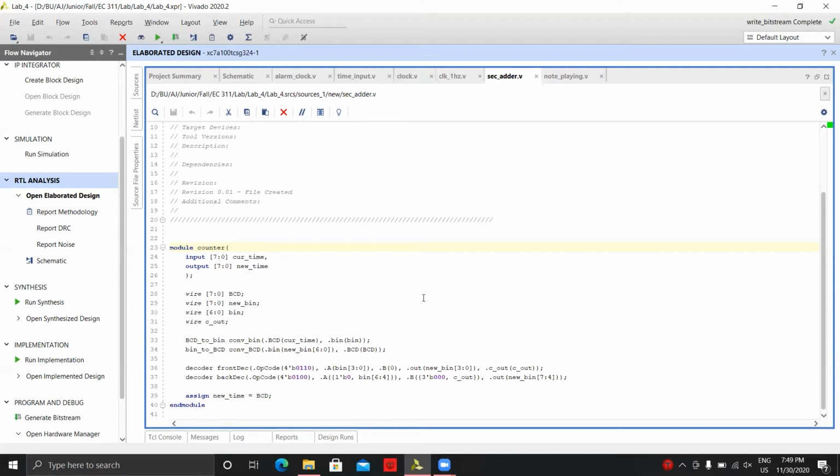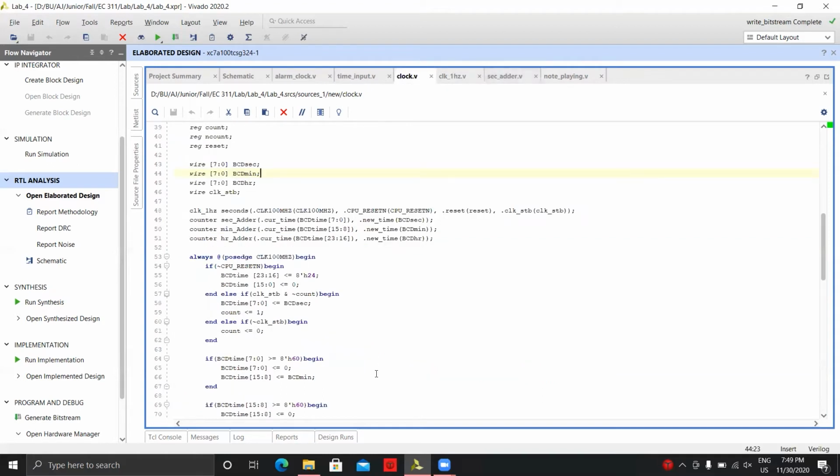We just do it 4 bits at a time. And then once you reach a maximum on one, you then do what you need to on your second. That's basically what's happening there. And then if we continue on with clock,